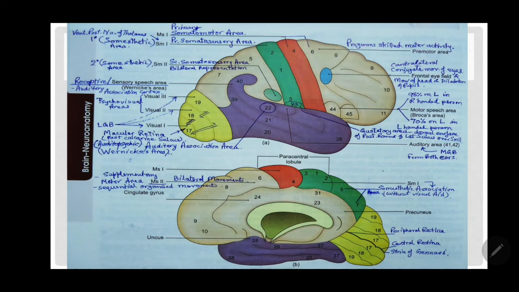Somesthetic refers to all the different sites, the cutaneous, superficial sensations as well as the deep proprioceptive sensations. That includes every type of peripheral sensation, and that's why we call it the somesthetic area. So this is the primary somesthetic or primary sensory cortex, and it is numbered according to Brodmann's classification as 3, 1 and 2. It is also written as SM1.